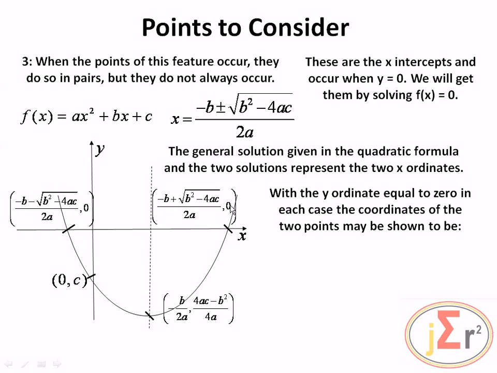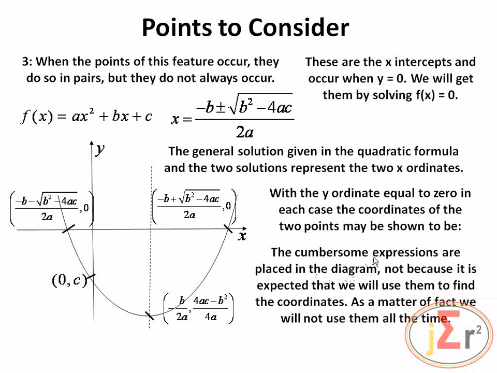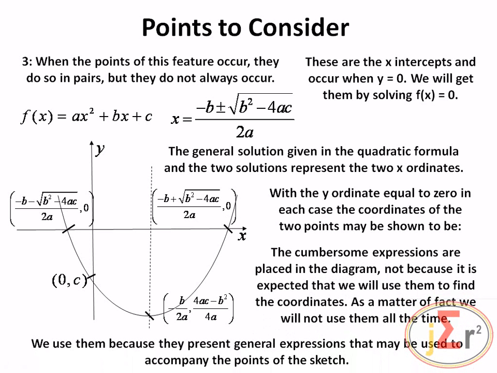And of course the y ordinate is 0. The cumbersome expressions are placed in the diagram not because it is expected that we will use them to find the coordinates. As a matter of fact, we will not use them all the time, or sometimes we might not use them at all. We use them because they present general expressions that may be used to accompany the points